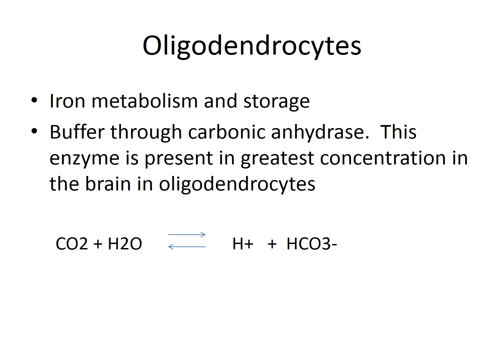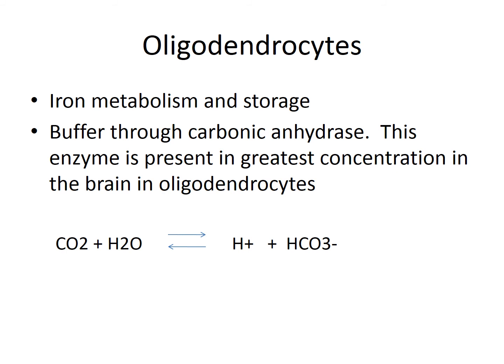Oligodendrocytes are also where iron is stored in the central nervous system. It is metabolized and stored in oligodendrocytes. In addition, pH is highly regulated in the central nervous system by oligodendrocytes, and that is because the buffer, carbonic anhydrase, which you learned about with Dr. Ranjan, I believe, is present in high concentrations in oligodendrocytes, and carbonic anhydrase takes